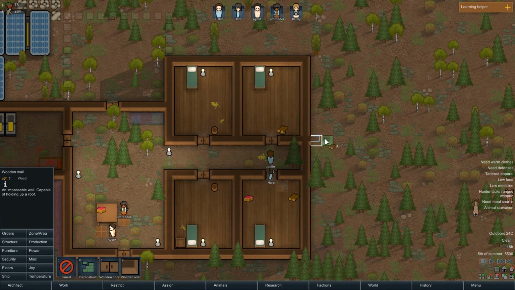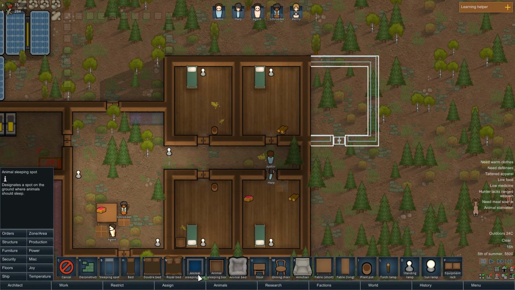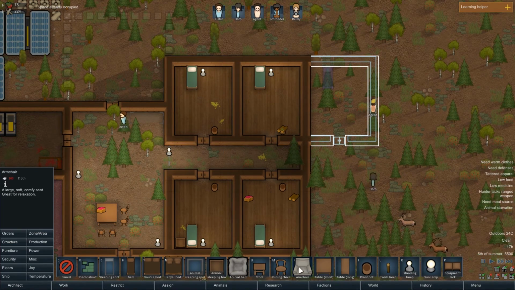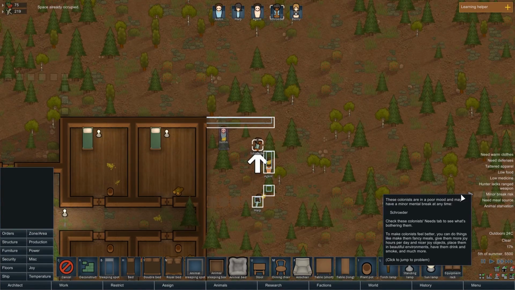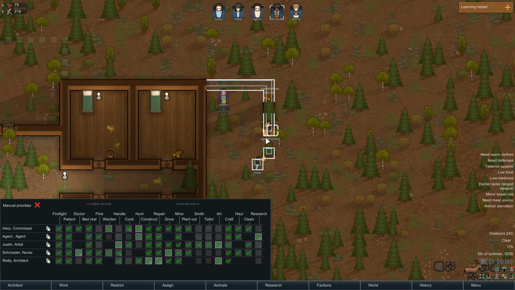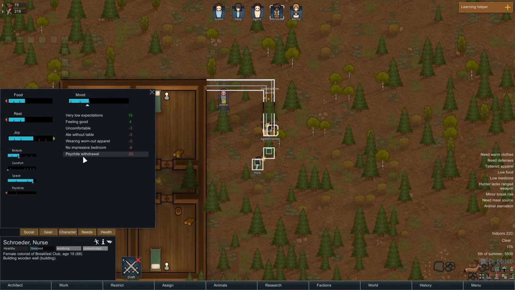So let's see, we'll get... So you get a floor, a room. Go ahead and... Someone has thrown up on their floor. Minor break risk. Who? Why? What is wrong with you? You're having... Oh god, she's...